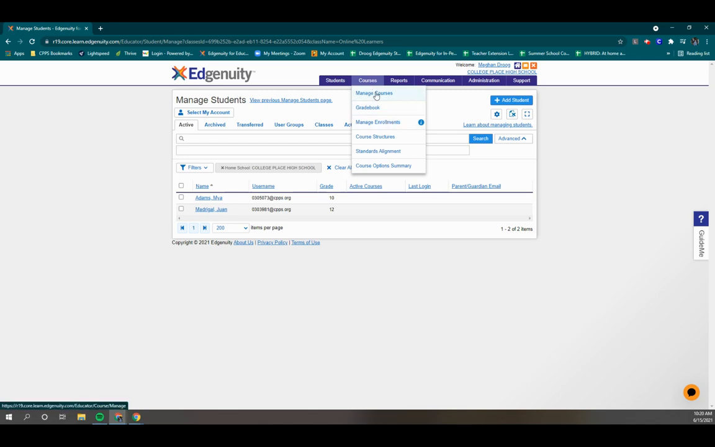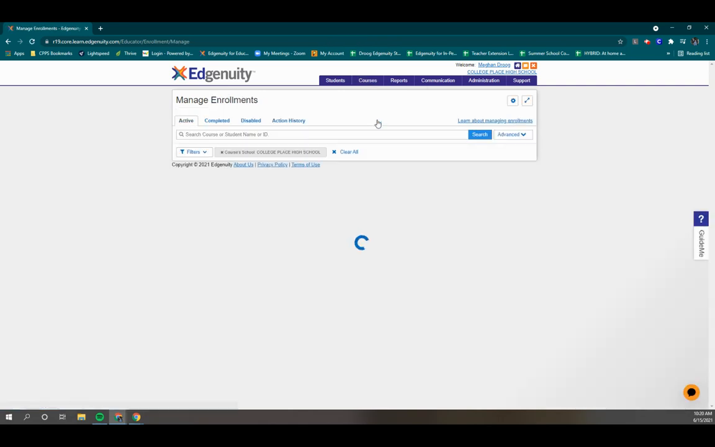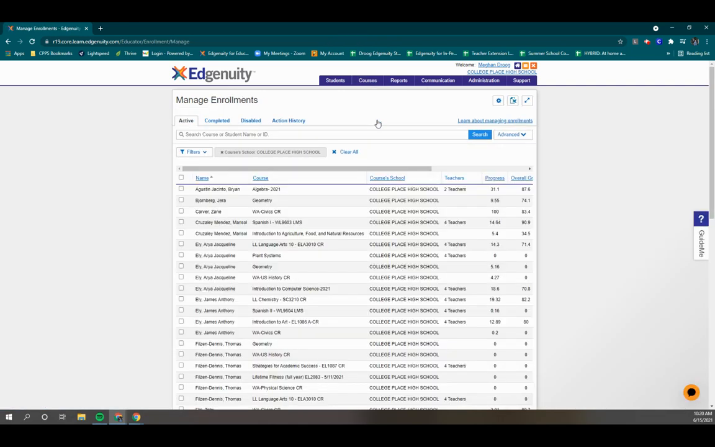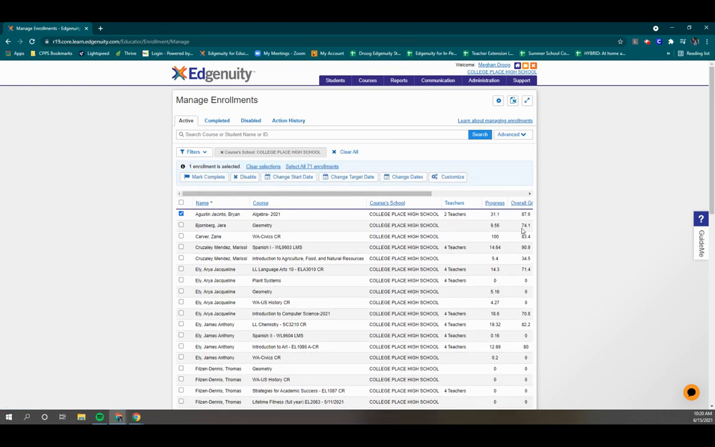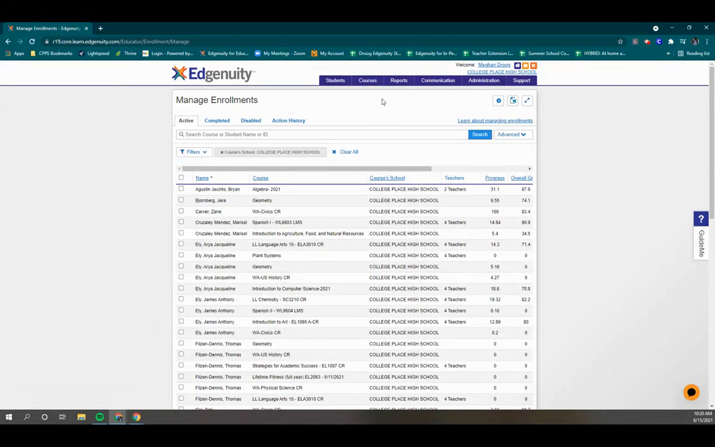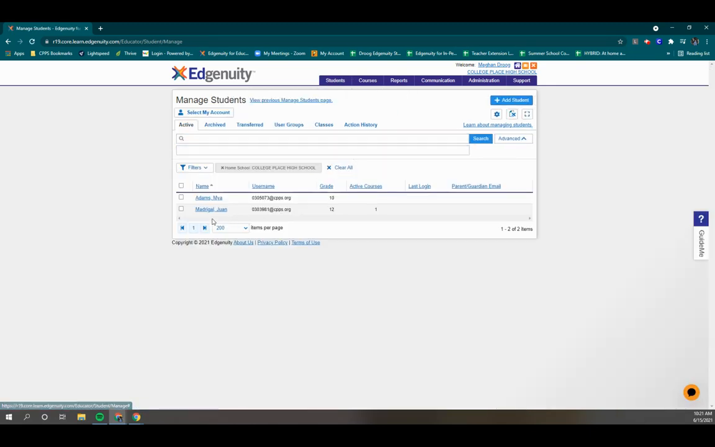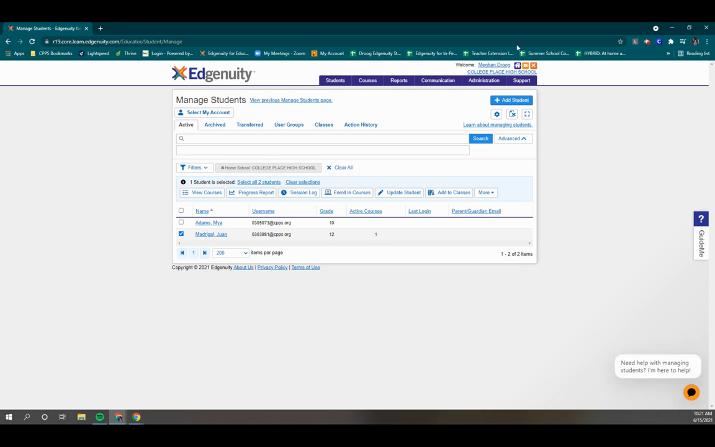So you go up to where it says courses, manage courses, gradebook, manage enrollments. This is actually where you can see all of the students and what all of them are enrolled in. You can change their start dates, change their end dates, and we'll get to that in a second. So again, manage students is really the best bet when it comes to enrolling them in classes. You can also